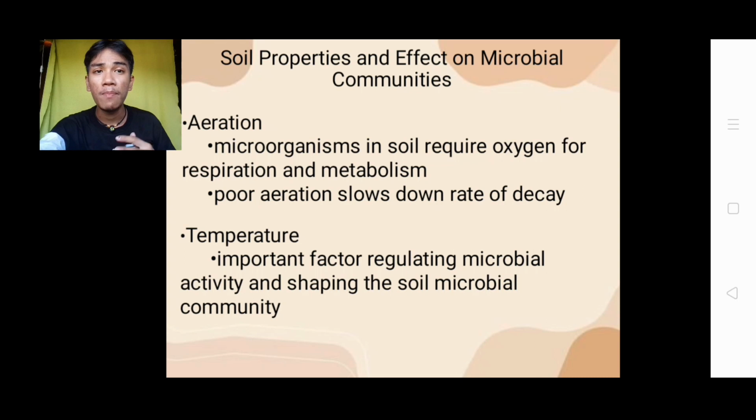It has a poor aeration, which slows down the rate of decay. So it is also not good when the aeration in a soil is poor, because it slows down the rate of decay. Kumbaga, dapat katamtaman or mas abundant din siya when it comes to aeration. And important microbial activities such as the decomposition of organic matter, the nitrification, and sulfur oxidation depend on the oxygen